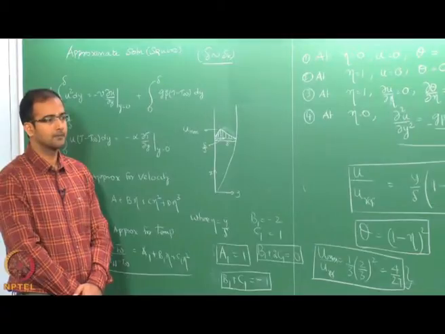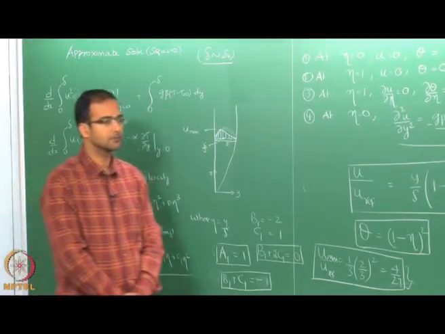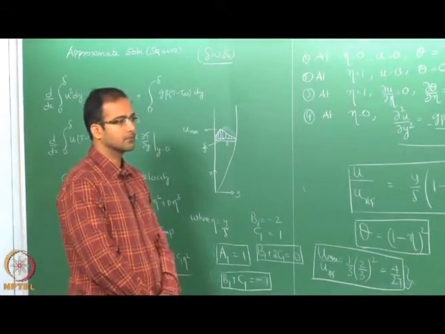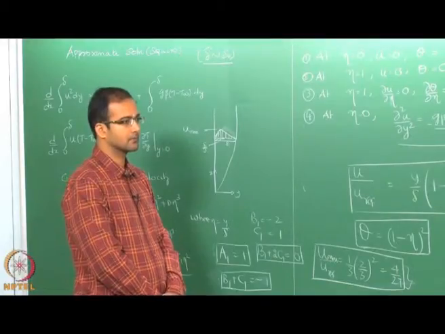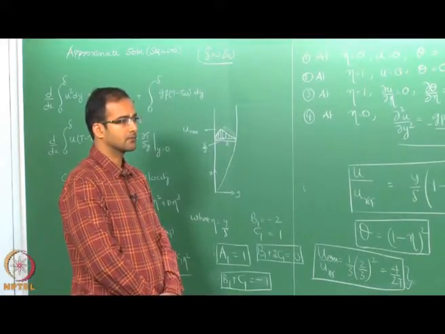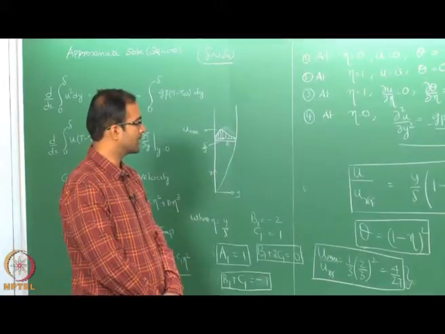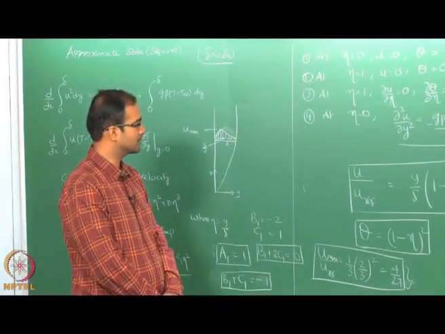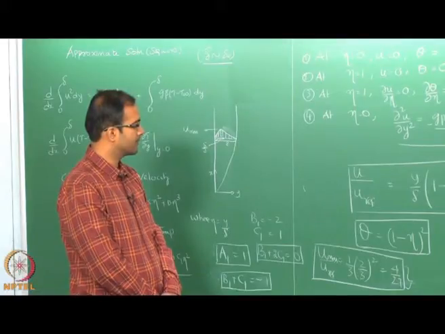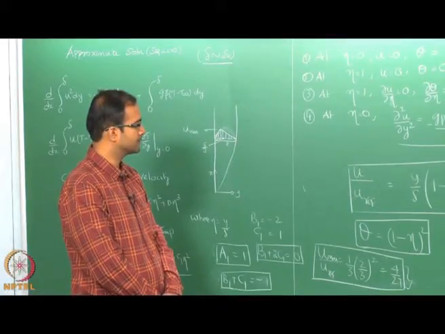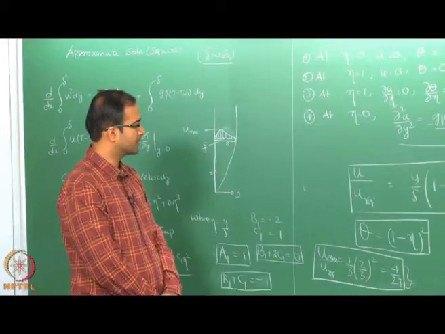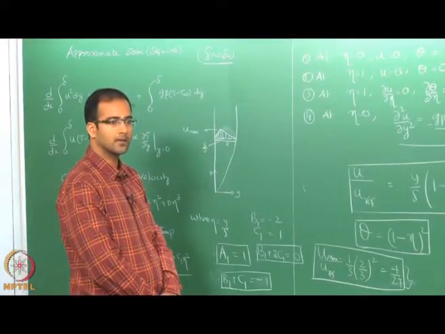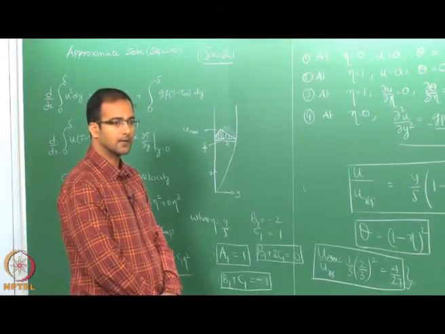Sir, but the thing is, for eta equal to 1 by 3, if we take the d square u by d eta square, it is coming out to be positive. So, it will be minimum, right? It should come out to be negative. Does it come out to be positive? It should come out to be negative. Huh? It's negative, right? Yeah, it should come out to be negative.